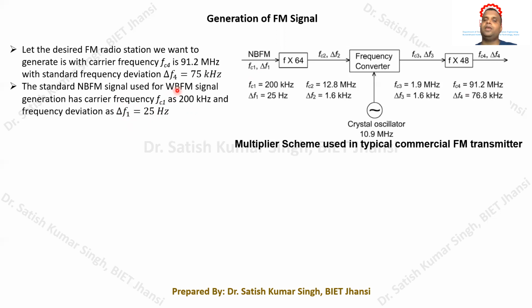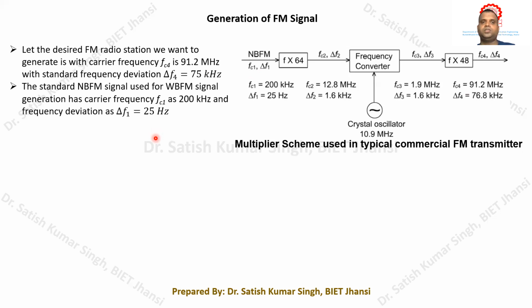Now you can calculate: suppose FM equals 50 hertz, then 25 divided by 50 gives beta equal to 0.5. And whenever FM is equal to 20 kilohertz, obviously beta will be much less than unity. So by choosing delta F1 equal to 25 hertz, we are ensuring that for the entire range of message frequencies, beta is less than 1, and it will remain an NBFM signal, a narrowband FM signal.